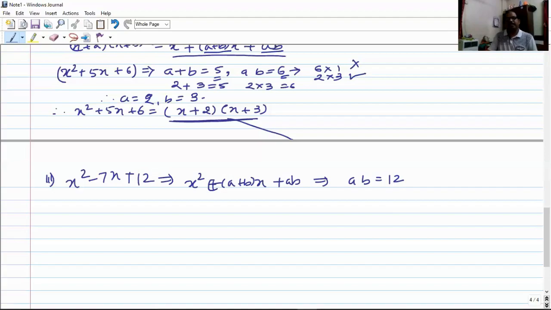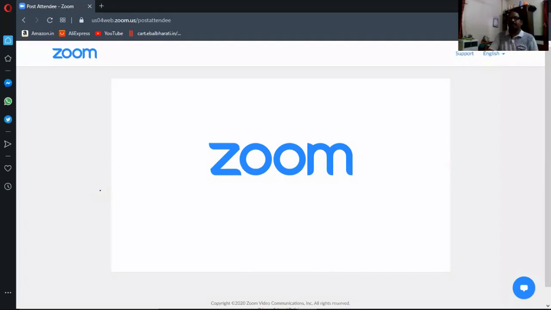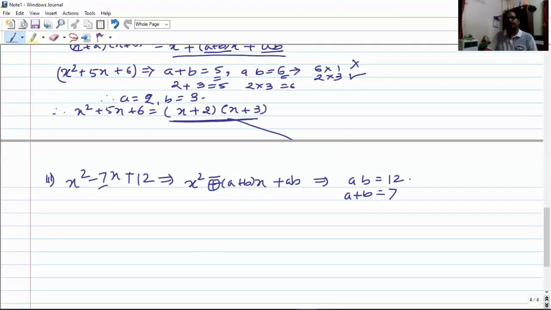sign here. So if I take it as minus sign, we can say that the sum of these two numbers should be equal to 7. So here the middle term coefficient is 7, right? So I can say that the product of two numbers should be equal to 12 and the sum of two numbers equal to 7. So again, as we have factorized in the last sum, the same way we can factorize this 12 such that the sum of the factors should be equal to 7.